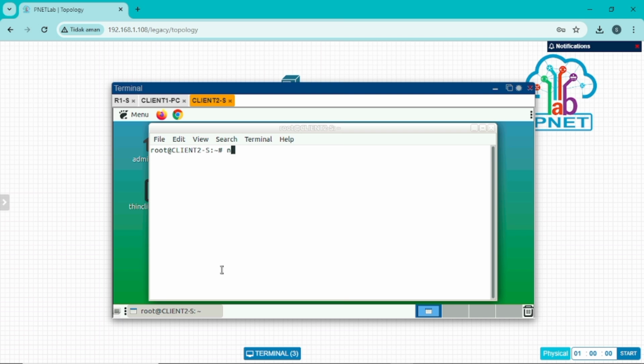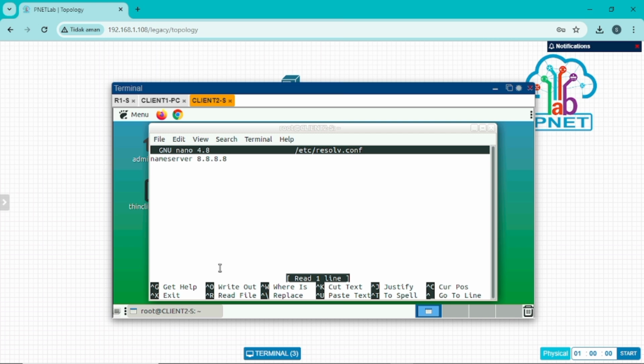Next, we need to add the default root name server with the following command. Next, click Ctrl plus K to cut and click Ctrl plus U to paste and change the name server with the following command.